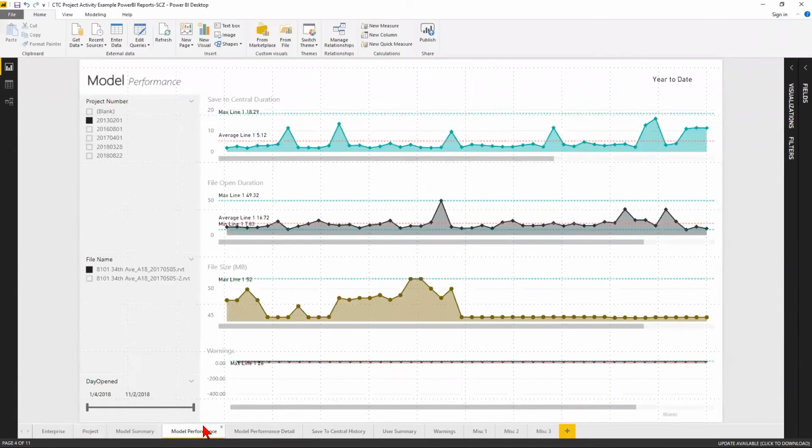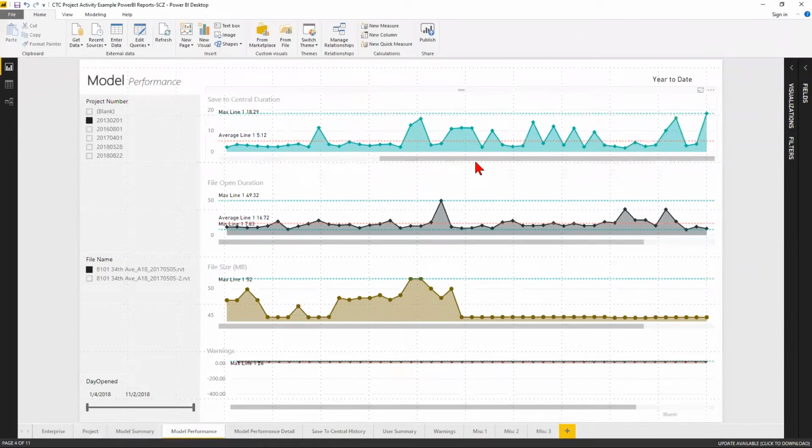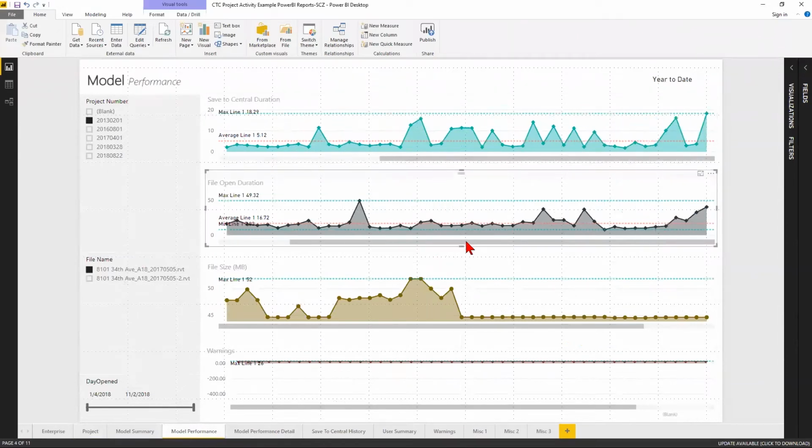I can look at the performance of that file, and I can start to understand model by model exactly how fast this project is responding. I can see here that my open duration looks like it's starting to ramp up. And that could be a problem. If it's getting slower and slower, especially near a deadline, I may want to focus on this project and figure